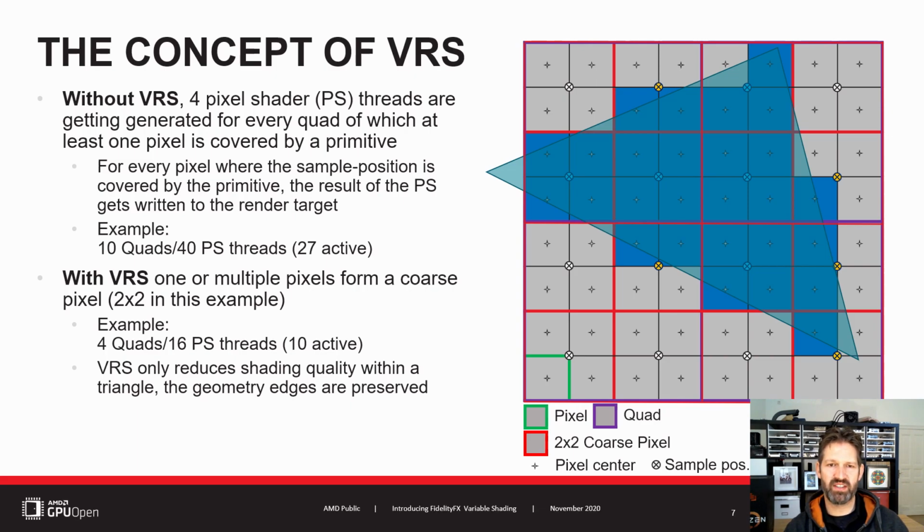So we'll have to launch 16 pixel shader threads, out of which 10 are active. Once the pixel shader finishes executing, the 10 values will get written out to the same 27 pixels as before. Since geometric detail at the primitive edges gets preserved and our triangle is single color, the final result is identical to the previous example. One thing to note, you see in the graph on the right side that some sample locations of our pixel shader are outside the primitive. I marked them in orange.